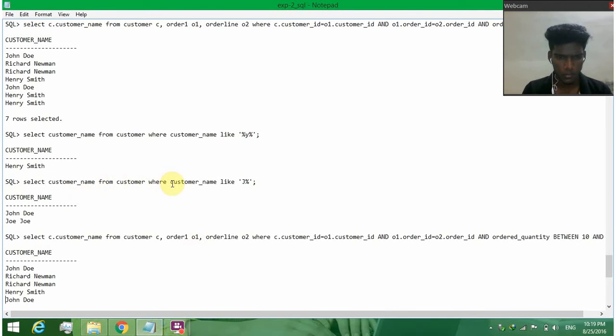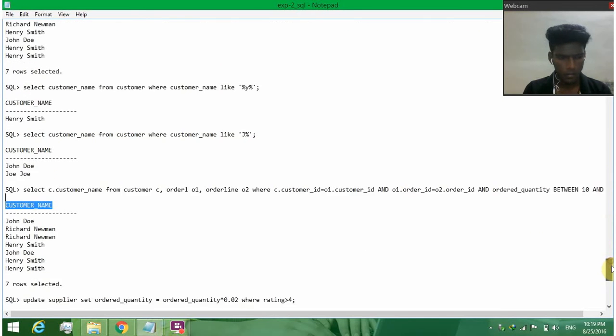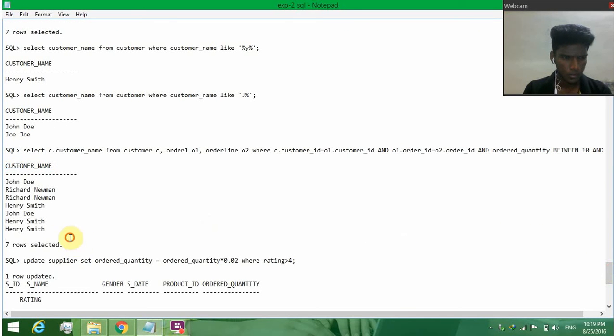Customer name like J: the customers having a name with J are John Doe and Jojo. For the next query, I should list the values between 10 and 15. This is the query to get the value, and my output is the customer names as follows.